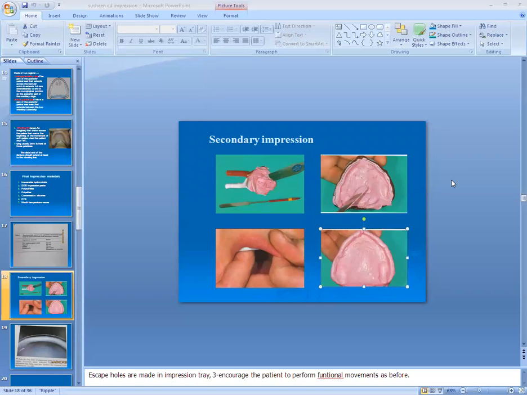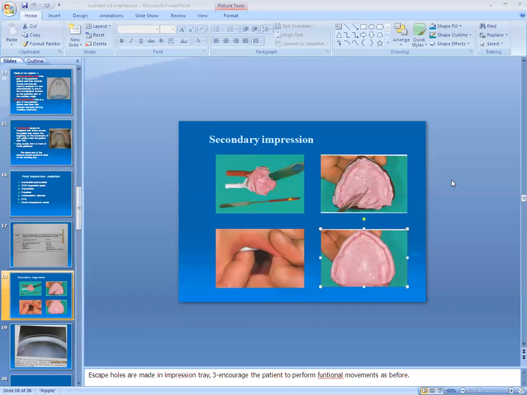During mastication it will not fall, and it will fulfill all five principles: preservation of the remaining edentulous area, support, stability, retention, and aesthetics. This happens when you do proper border molding and record limiting structures within physiological limits.